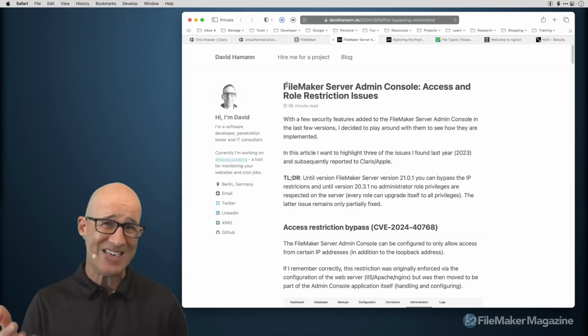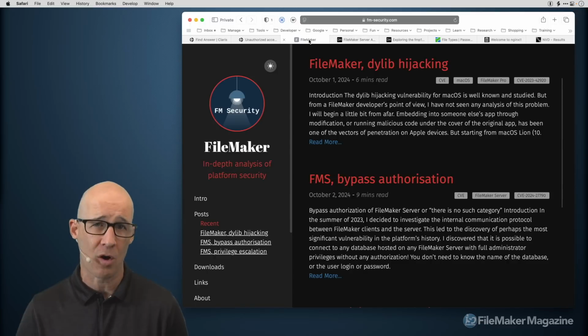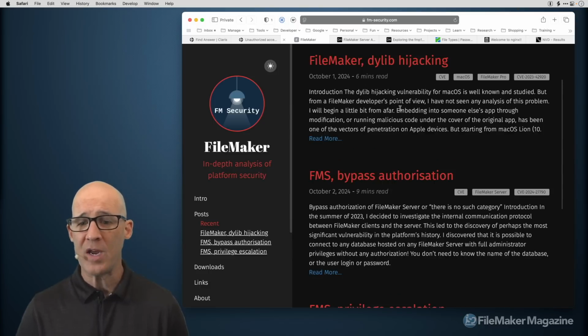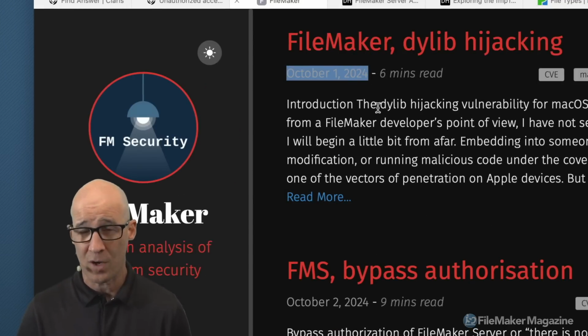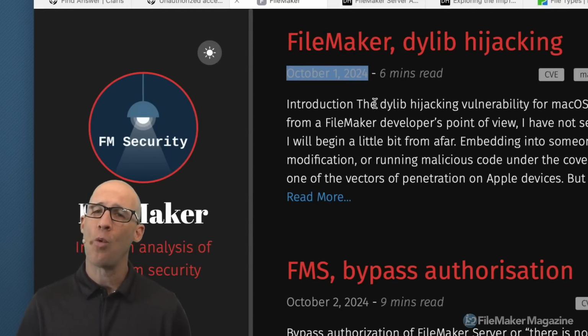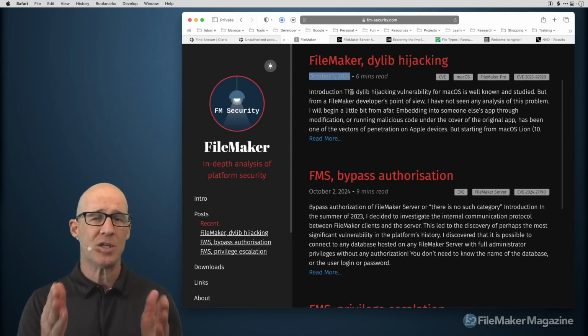I'm not going to go into the details because you can clearly read the articles for yourself. But on the FileMaker-security.com website, we can see that there are 3 of them, and notice that the article date is October of 2024. Well, if you truly want to know when things sort of happened, and as I mentioned,